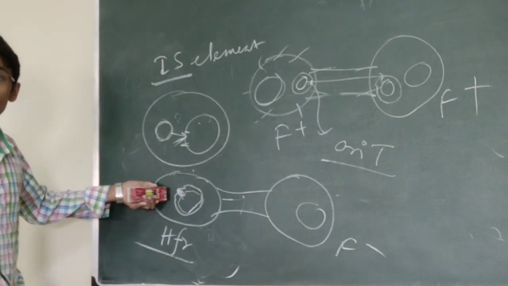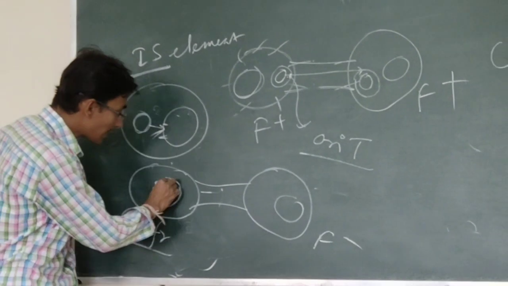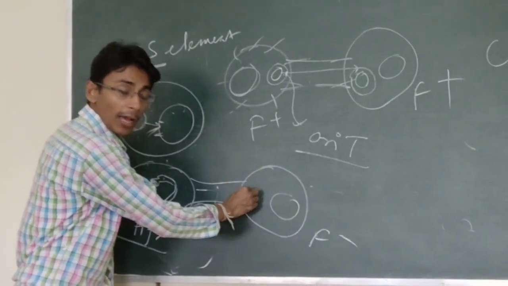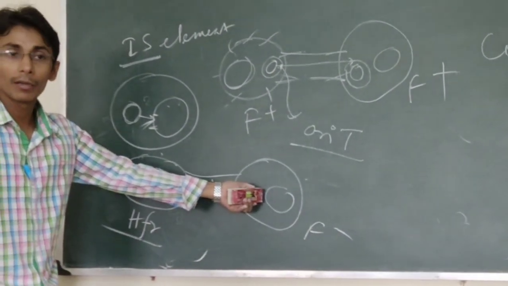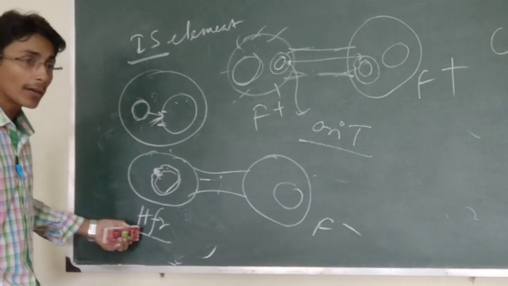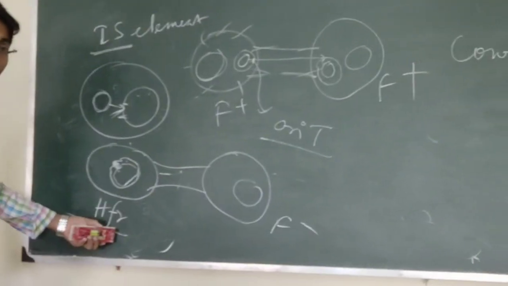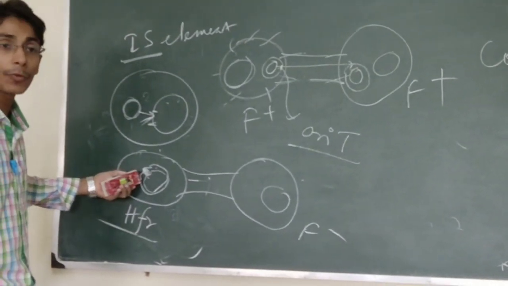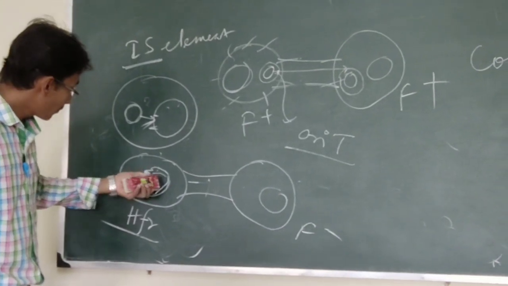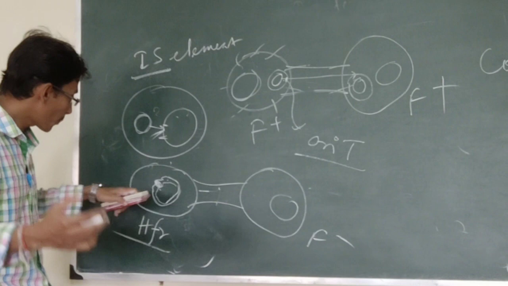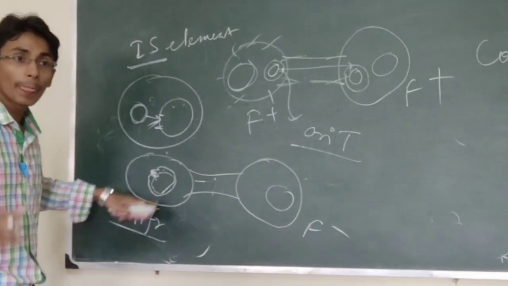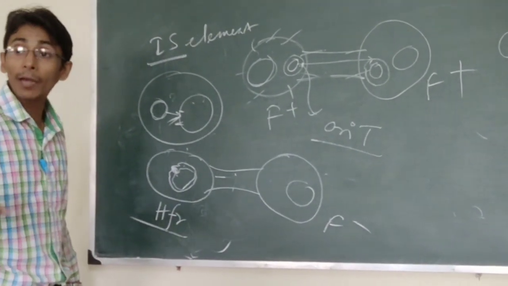What are the possibilities? The possibility is that one strand will be transported here, and another strand will be replicated in the cell. Right? So by HFR, the high frequency recombinant cell, they can transport their plasmid DNA along with genomic DNA. Some part of the plasmid DNA, along with some part of the genomic DNA, can be transported